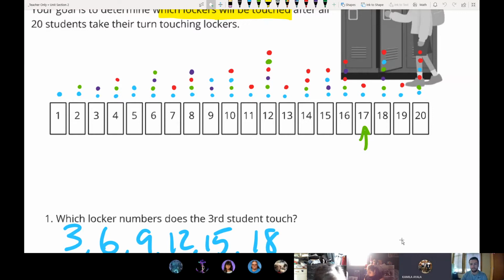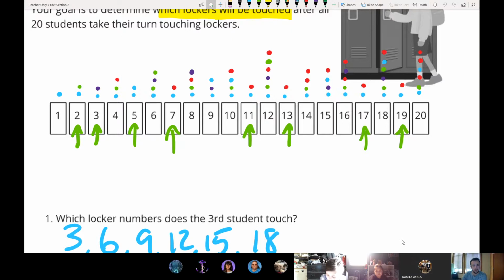That's touched by 2. 7. 2, 3, okay, 19, 5, 11, 13,